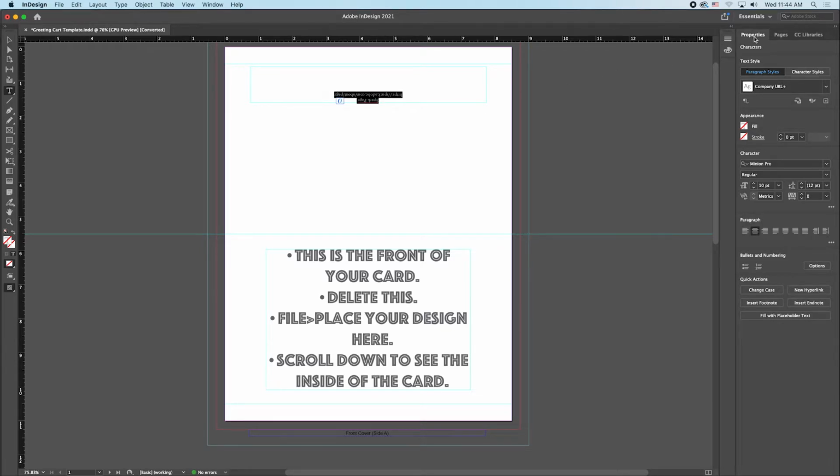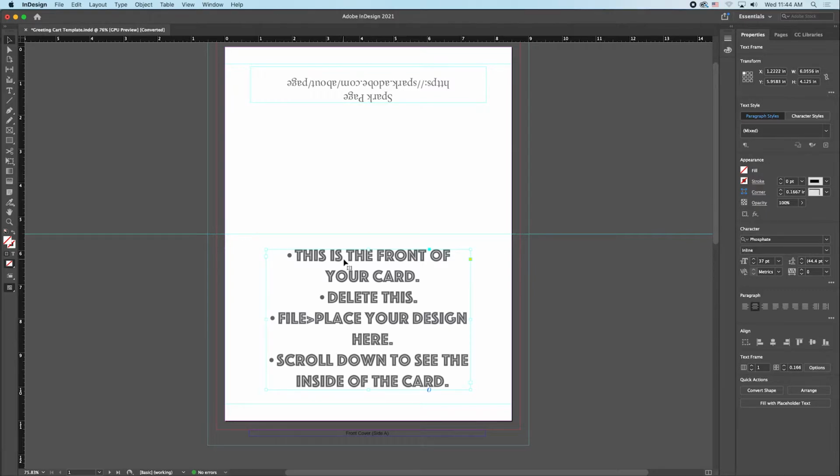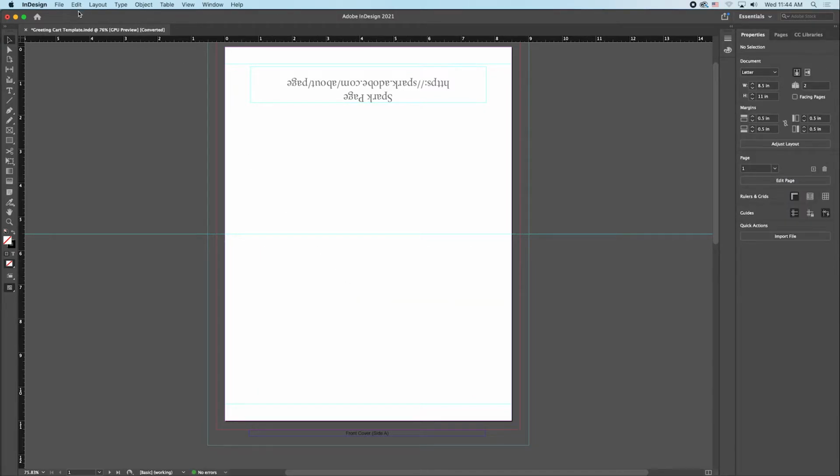You can select it, click on properties, and you can also make adjustments. You can put your watermark in here too, however you want to format that. This section down here, I'll switch over to my selection tool. This is going to be the front of the card, so you're actually going to delete that placement text,